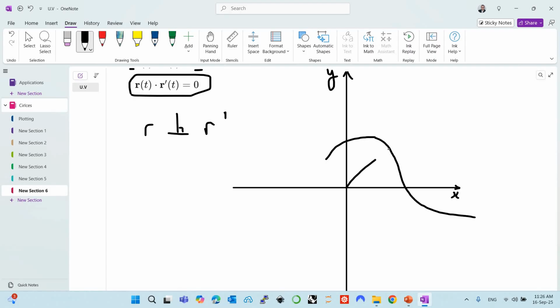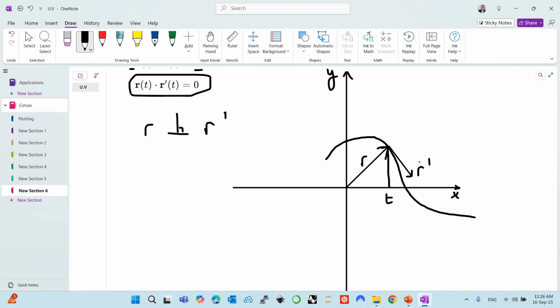R gives you the vector function which we plotted last time. It shows you the position of the R vector at a particular point in space at t. So this is R, and the derivative is perpendicular to R, and its derivative is R prime. This means r dot r prime is equal to 0. This means that r is perpendicular to r prime, or the derivative of the vector function is perpendicular to its